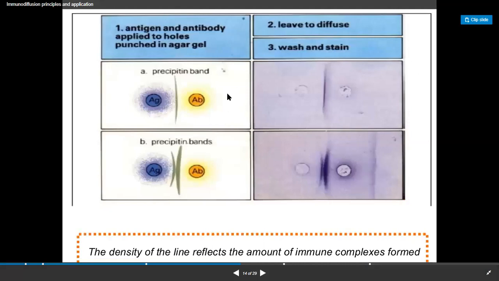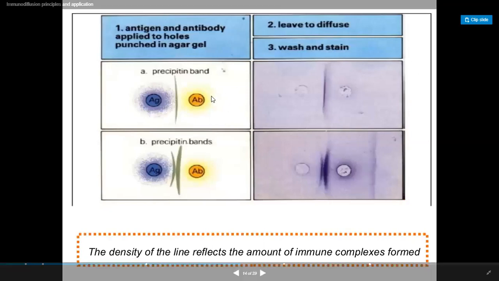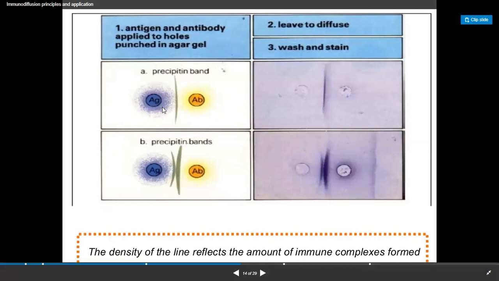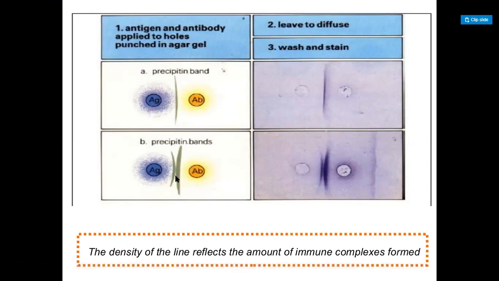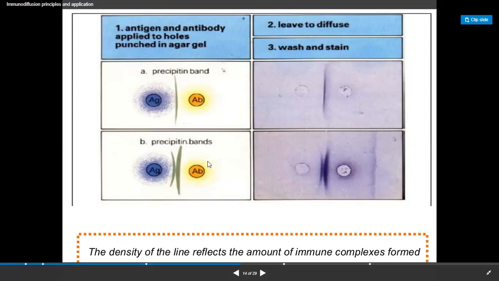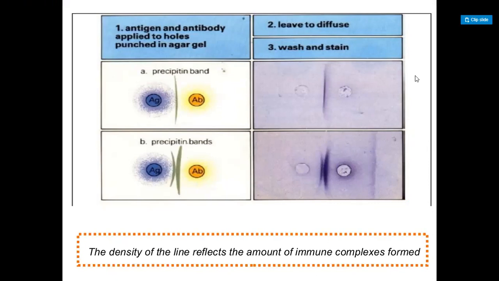So what happens? This is the antigen and this is the antibody, and they will diffuse towards each other. They will bind, they diffuse in the agar surface, and when the concentration of antigen and antibody are equal, they will form a precipitation like this. They will form a precipitation at a particular density, and this test is conducted to analyze the specificity of the antigen.